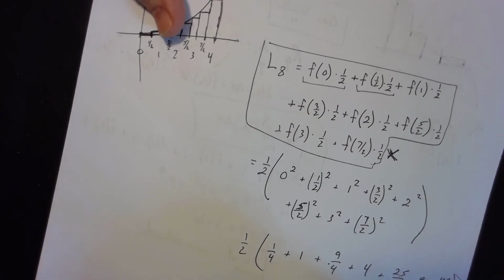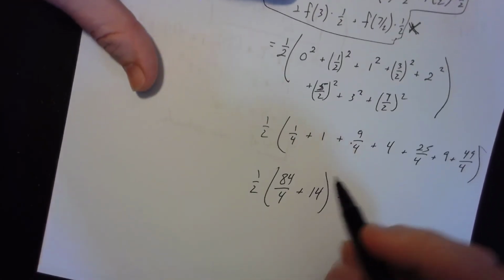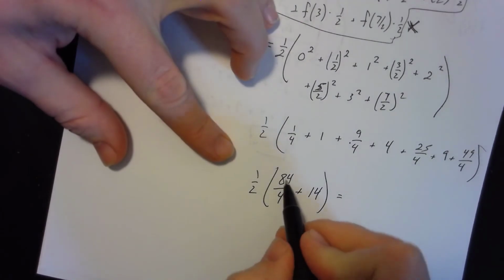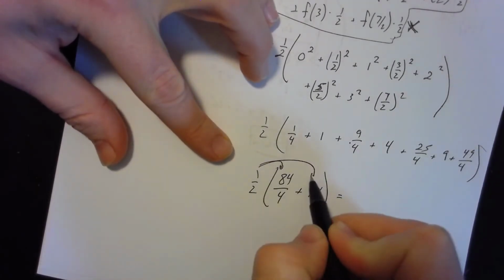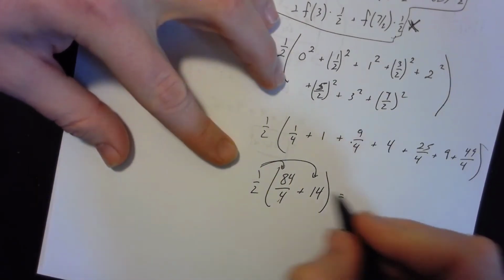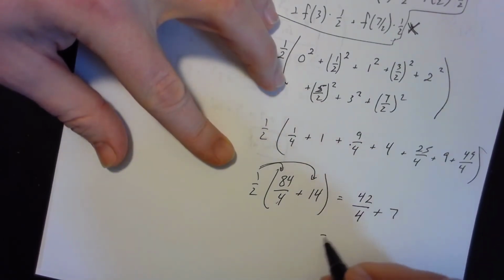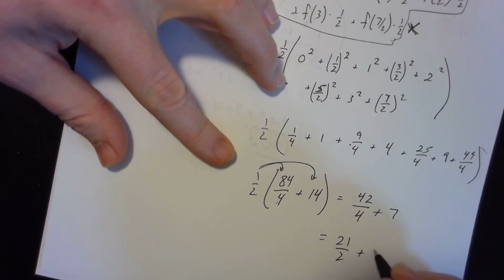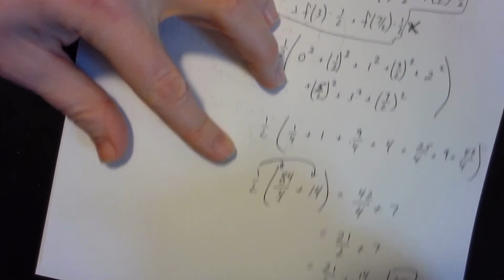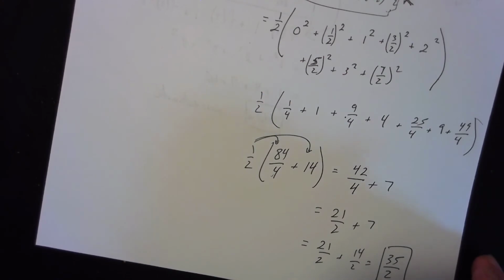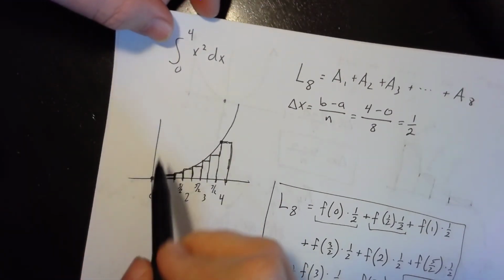All times the 1/2, which I'm going to go ahead and simplify very quickly here. Again, adding up all these numbers. 1/2 distributed in and simplifying, I'm going to end up with, looks like 42 over 4 plus 7. And then finally looks like 21 over 2 plus 7, which I can go ahead and change to 21 over 2 plus 14 over 2, and get 35 over 2. Giving me my final result, that the area under the curve of this function from 0 to 4 is approximately